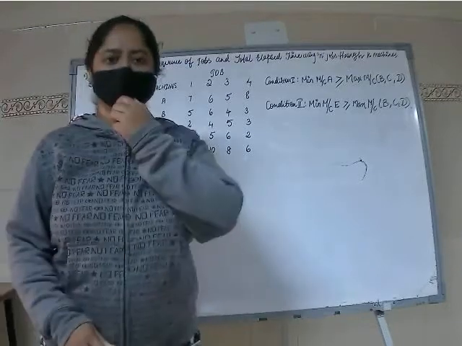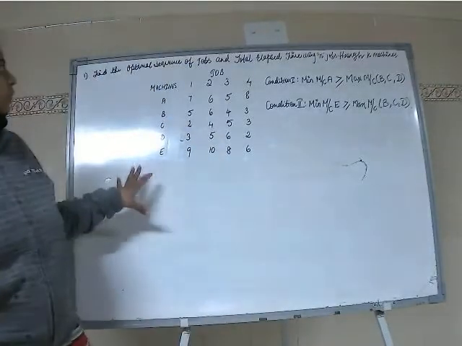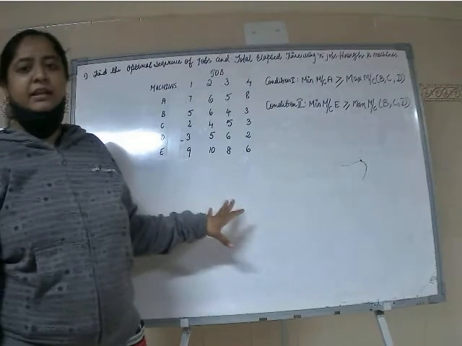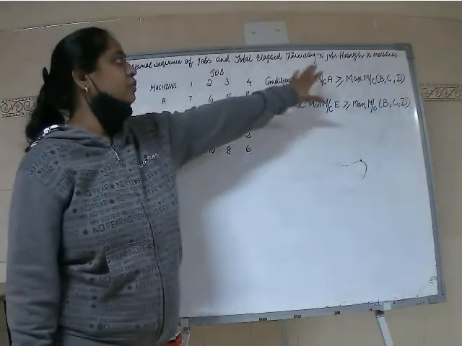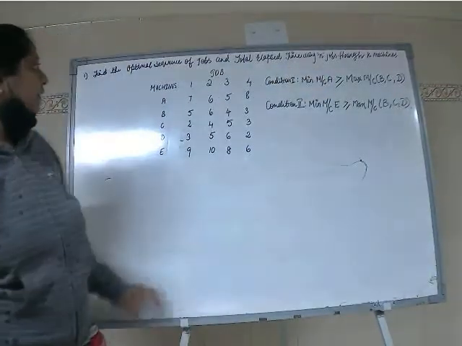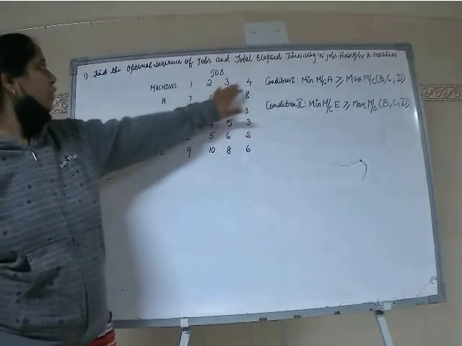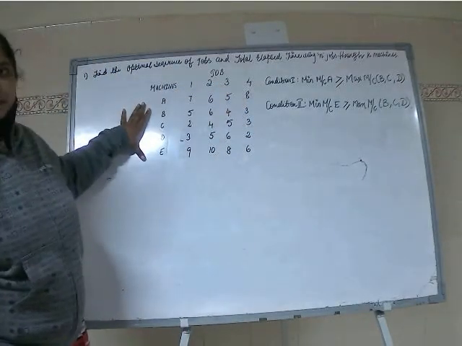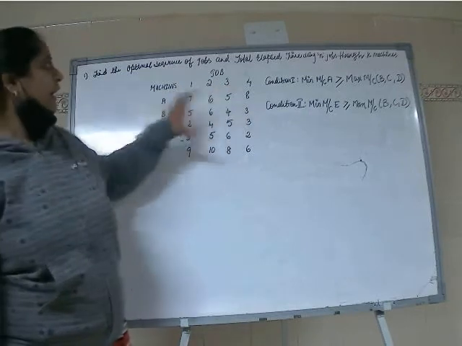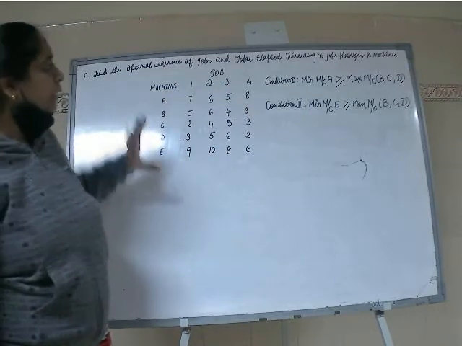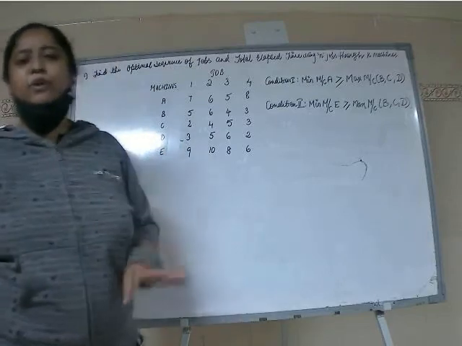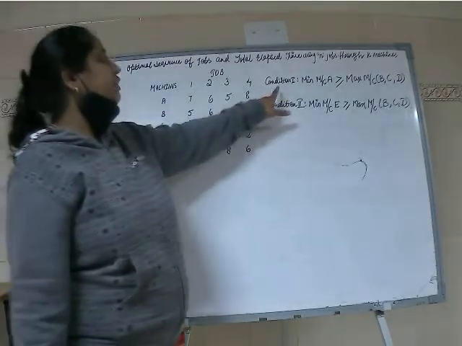I am here to present a problem on sequencing, that is, n jobs through k machines. When I come across this problem, as you can see there are 4 jobs and 5 machines here. Okay, n jobs and k machines. So here, before moving forward to the problem, first you need to check these